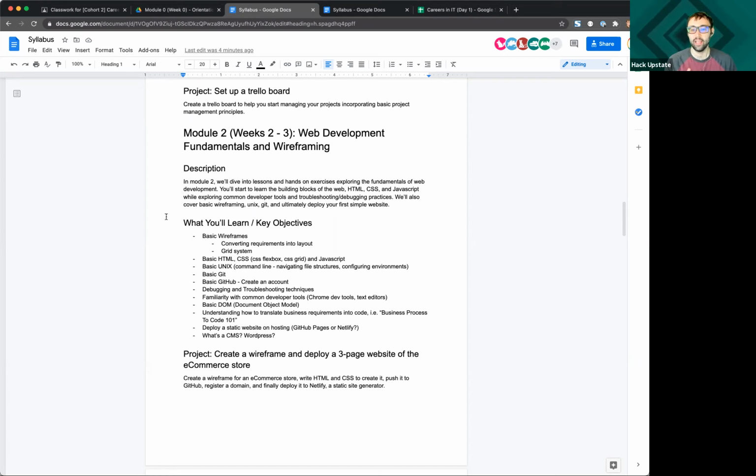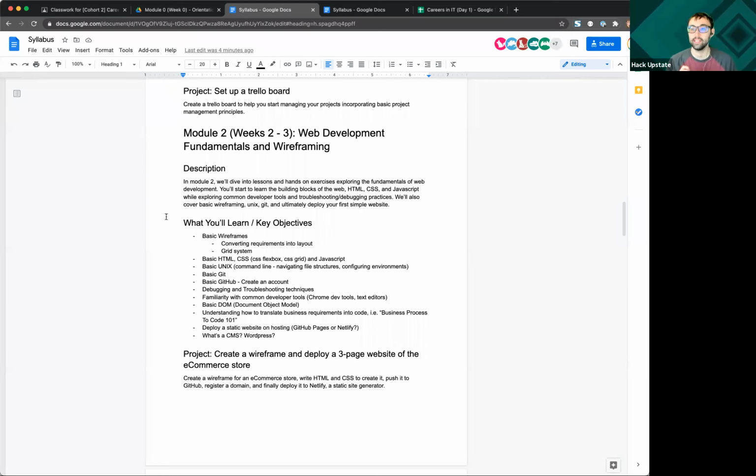However, Dana and Christy are tag teaming on that. Dana's going to come in and teach you a little bit about accessibility. Is that module 3, Dana? It is. Okay, so module 2 and 3 may blend together a little bit for you. Module 2 is going to be more about the core fundamentals of what is HTML, what is CSS, how do we lay things out.